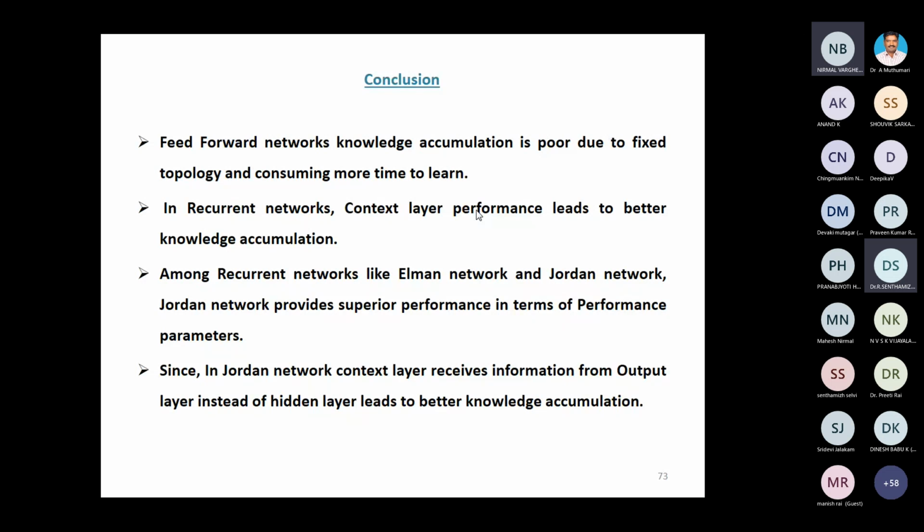Among recurrent neural networks like Elman and Jordan, the Jordan network provides superior performance in terms of performance parameters. The reason is Jordan has a feedback path of the context layer. It is going to connect between the input and hidden. Whereas in the Elman, the feedback is connected between hidden and output. So that way, the accumulation of knowledge is very poor in the Elman. So it will give only a least error accuracy compared to the well-defined context of input to